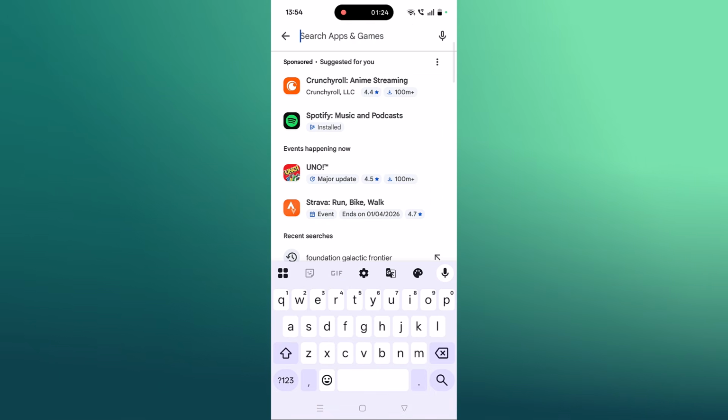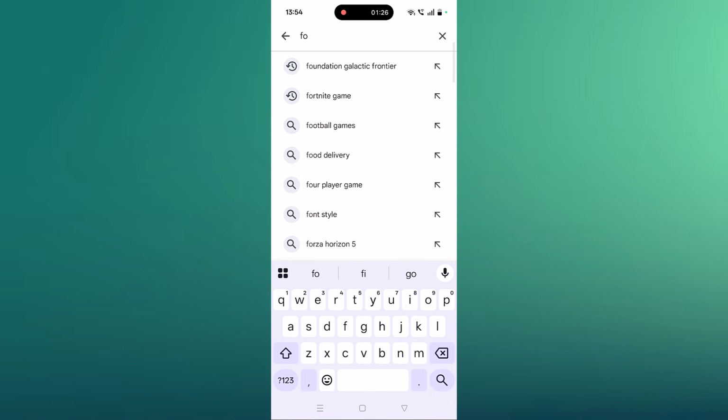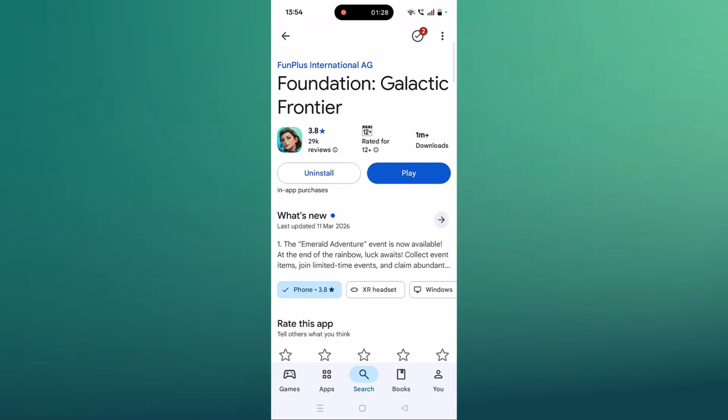So open Play Store, tap on search, search for the Foundation Galactic Frontier app and then tap on it. And if you find any updates available for this app, then update it and then you can go ahead, launch the game and check. But if you don't see the update option over here in the Play Store or App Store,